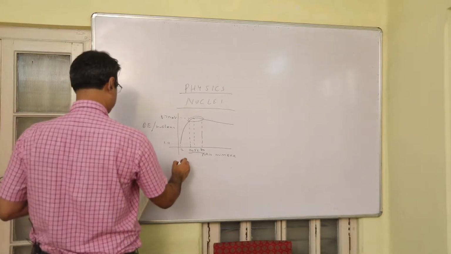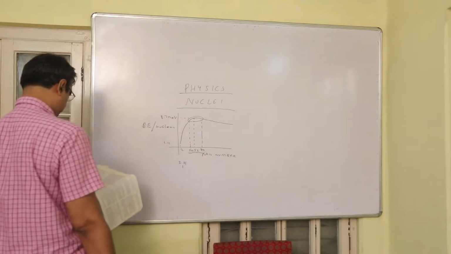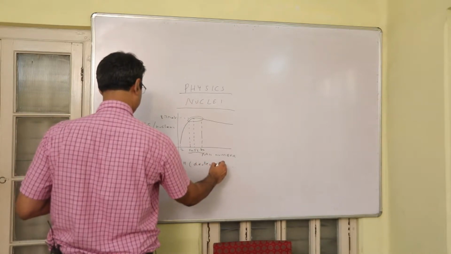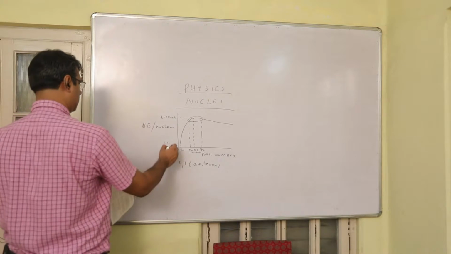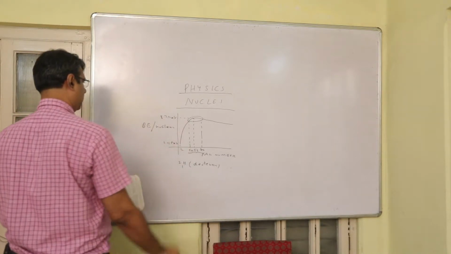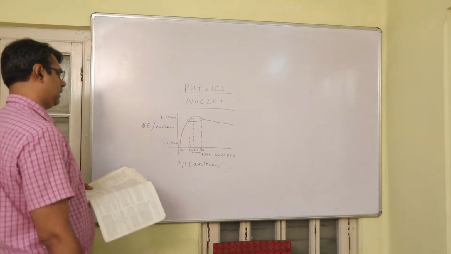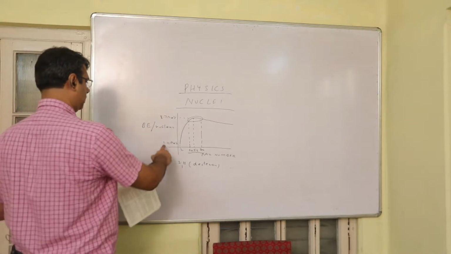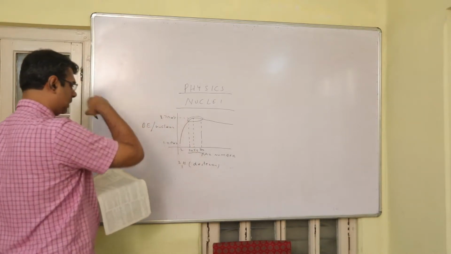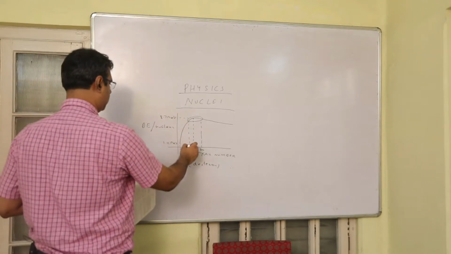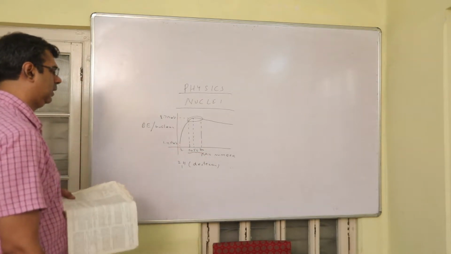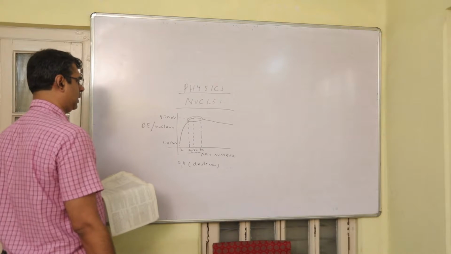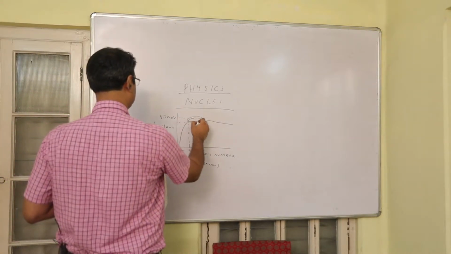The binding energy per nucleon of deuteron. Deuteron is a hydrogen isotope with mass number 2. It is 1.11 mega electron volt. So you can see that the binding energy per nucleon of a very light nucleus like deuteron is very low, and a nucleus such as iron is very high. Not only that, all nuclei whose mass number is between 50 to 80 have very high binding energy per nucleon. Now you will notice one thing, that as you go higher and higher,